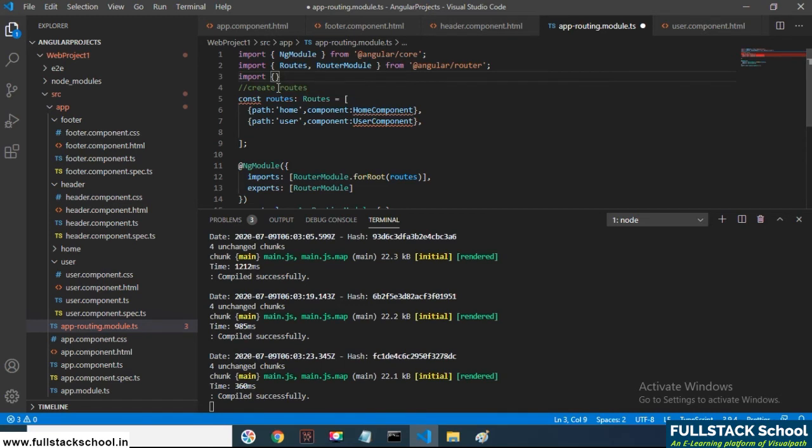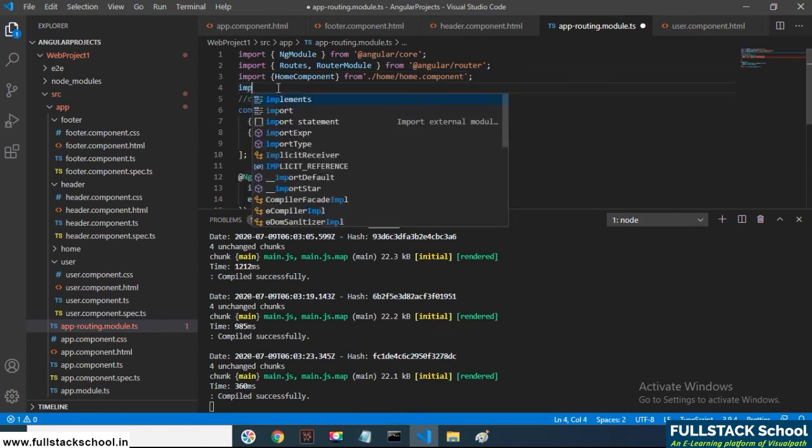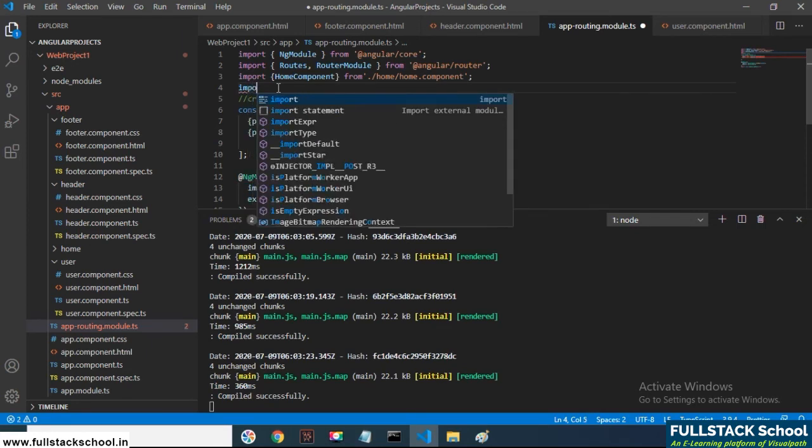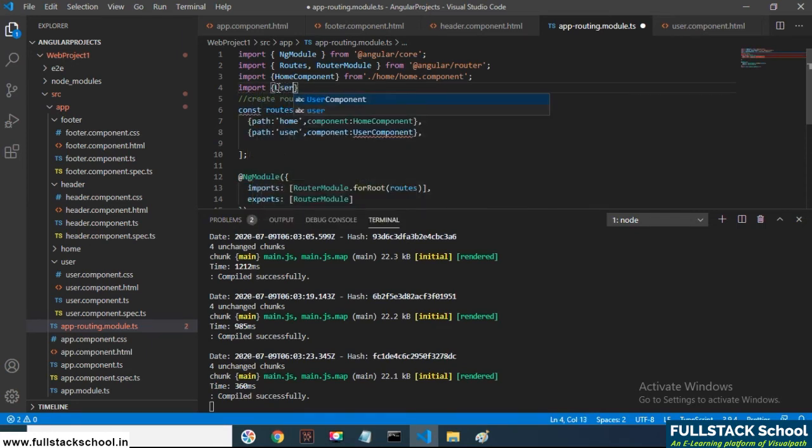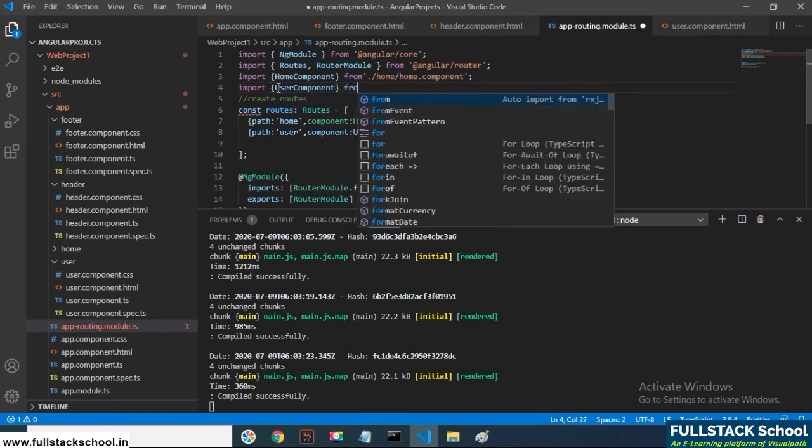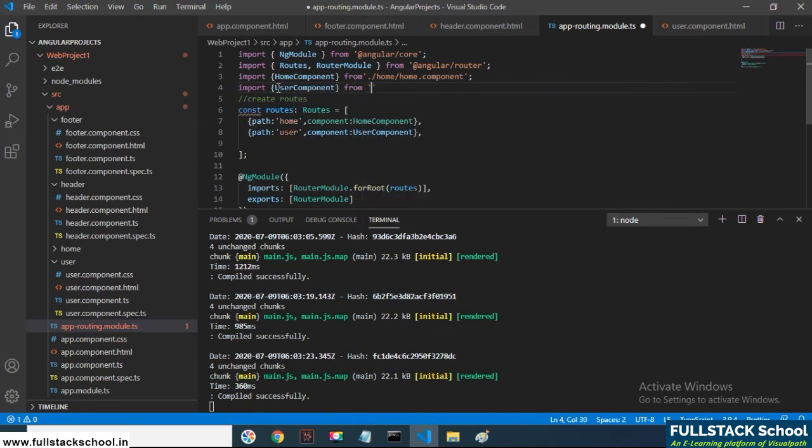Import HomeComponent from home/home.component, and UserComponent as well. Now this is how we are creating the routes.